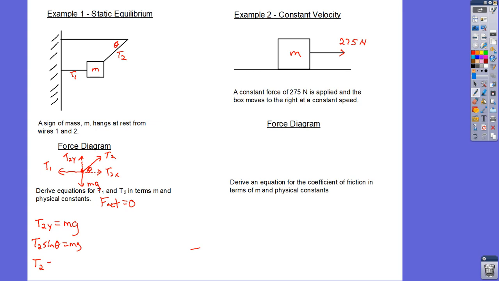So T2 would equal mg over sine theta. So when I talk about deriving an equation for T1, m is what you're given. Physical constants basically means little g in this case. So that's one equation. Okay. We know that